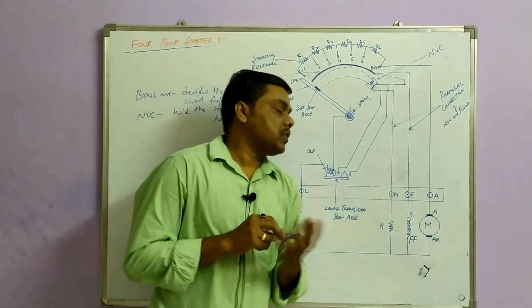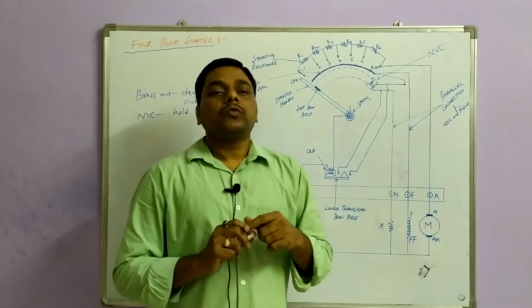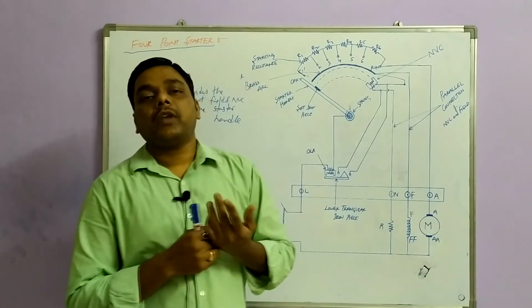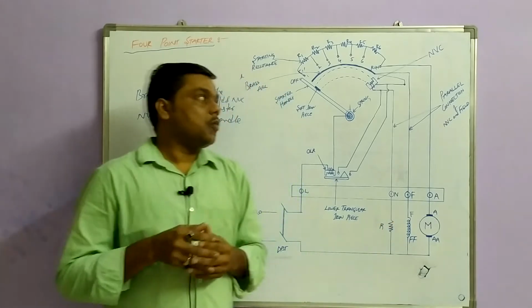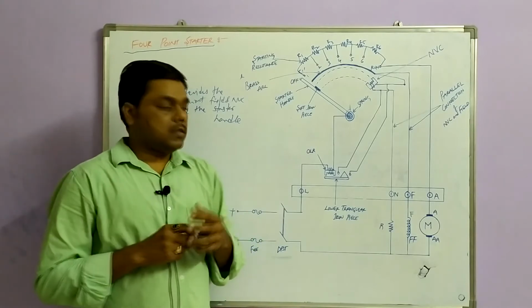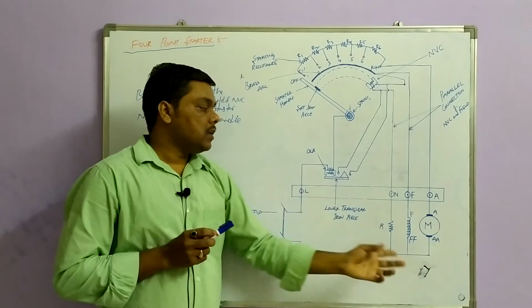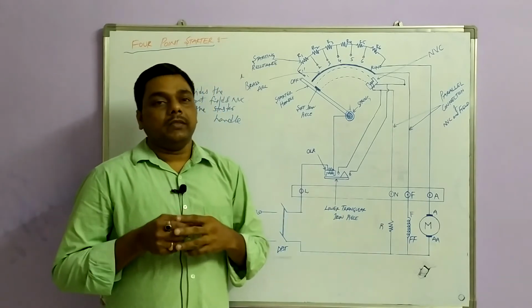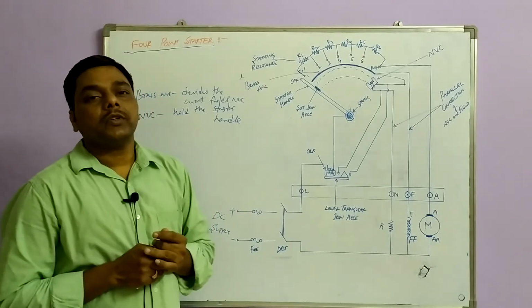Okay, so in compound motors we can see here we have one series winding and one shunt winding, so that if necessary to change the flux, we can go for this operation. So 4-point starter is also similar to 3-point starter, except for the parallel connection of NVC and field winding. And the overload release coil has the same function as in 3-point starter.